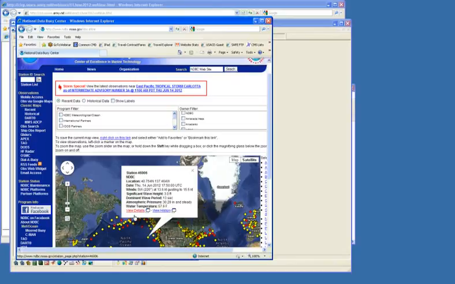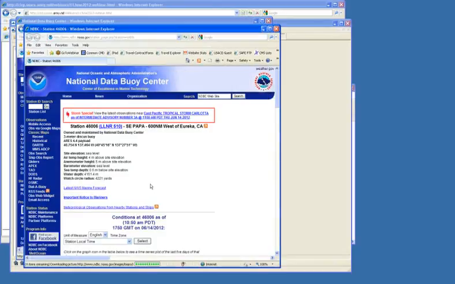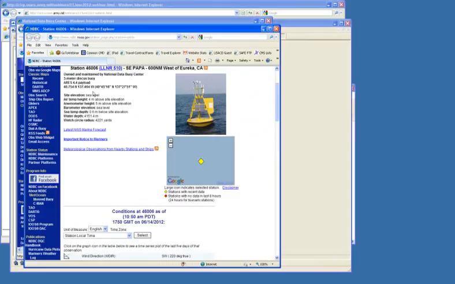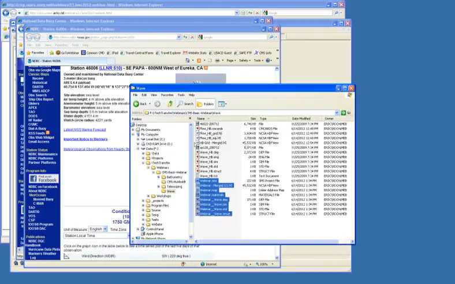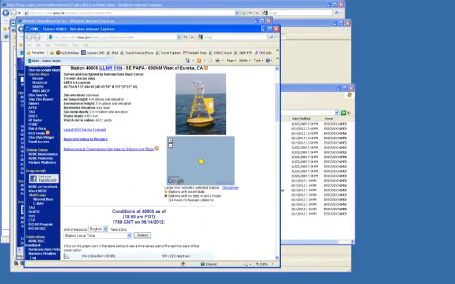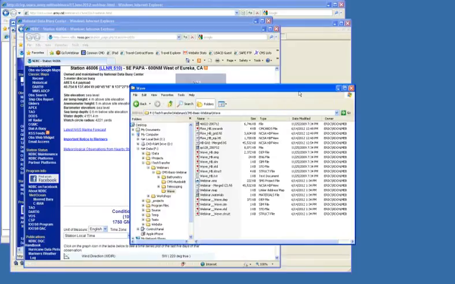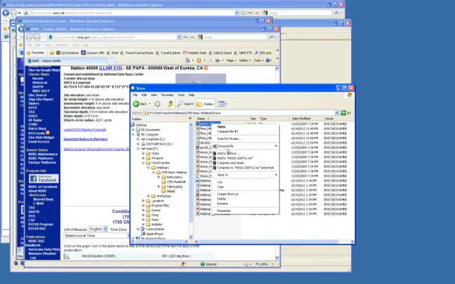You can view the details on these gauges, and then you can actually download the information, and I have an example of one of these right here. This one I show on the screen is 46006, and we've already got the data for a different gauge downloaded. This is for a time period in 2007, but I'll open this up so you guys can see